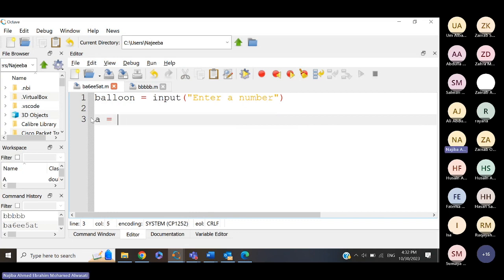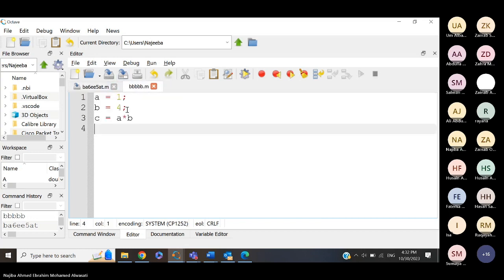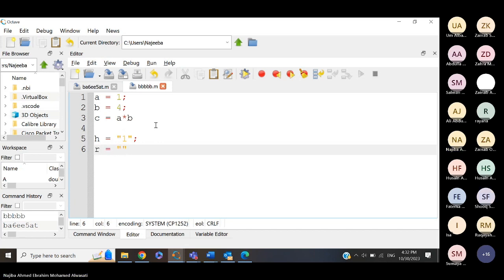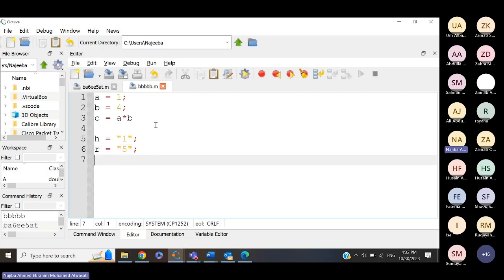Let's say that A is equal to 1, B is equal to 4, and C is equal to A multiplied by B. But when I do H is equal to 1, okay? And R is equal to 5. And D is equal to H multiplied by R. Okay, when I run this command,